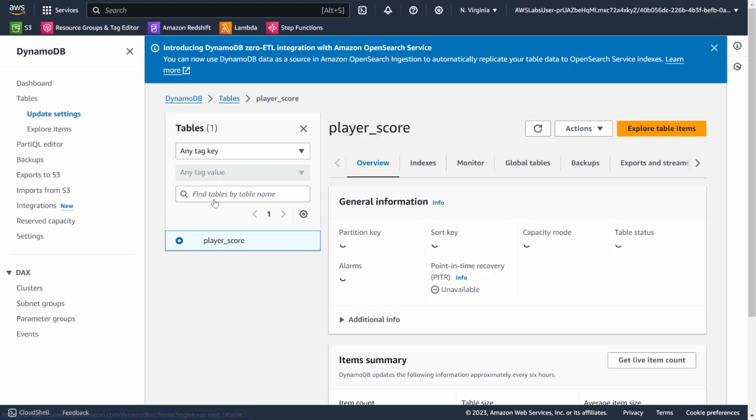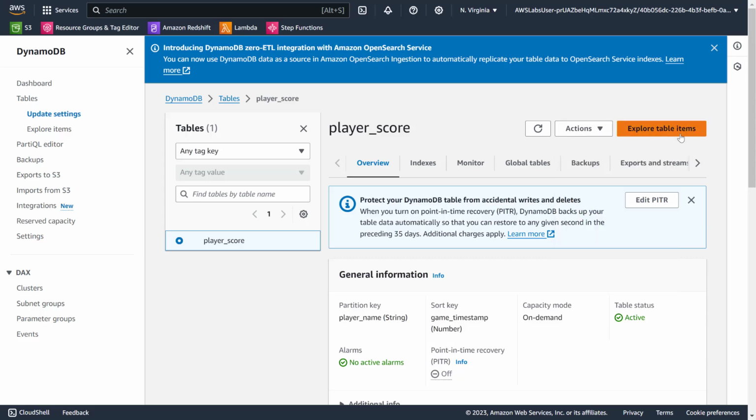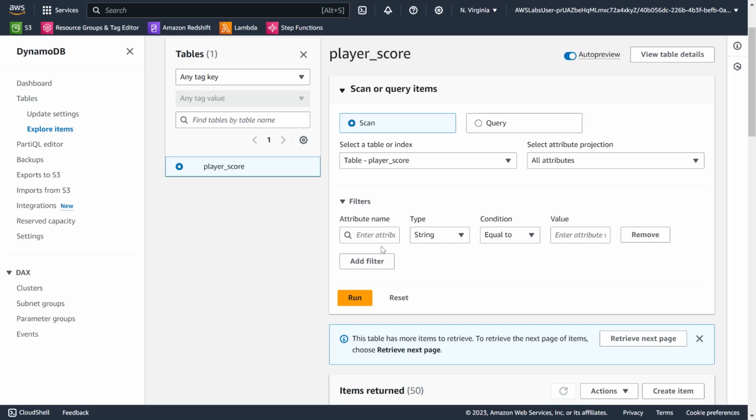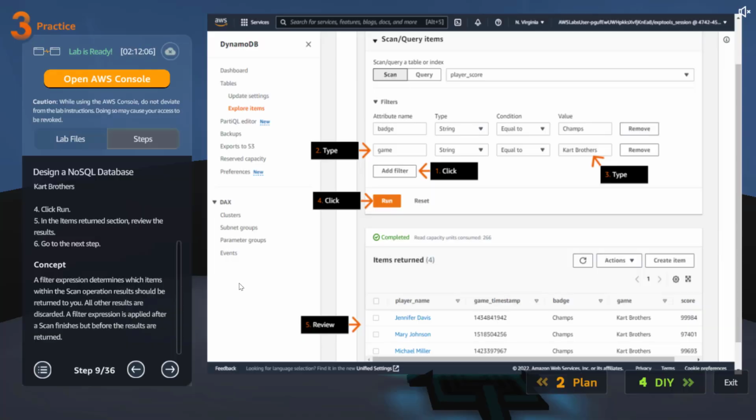Click on the table. Explore items. Scan. Still the same. Is it the same table? Let me go here. Scan query. Okay. I don't see badge. Do you see a badge column in there?